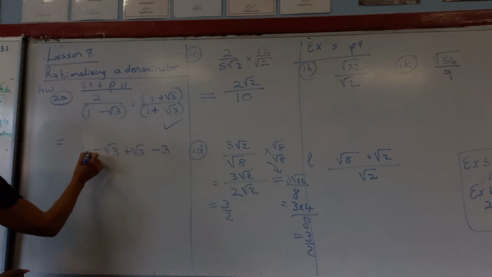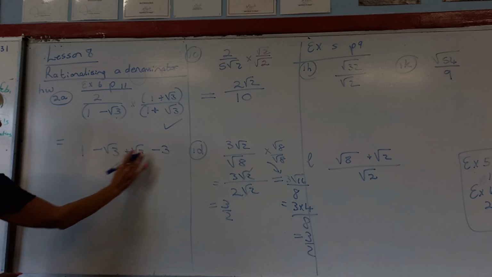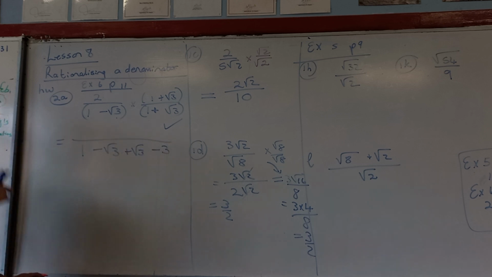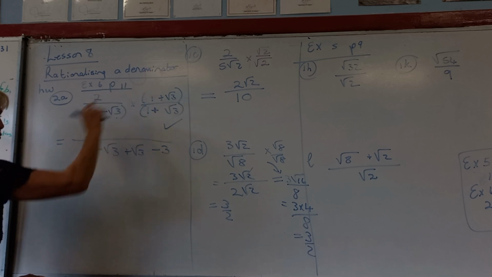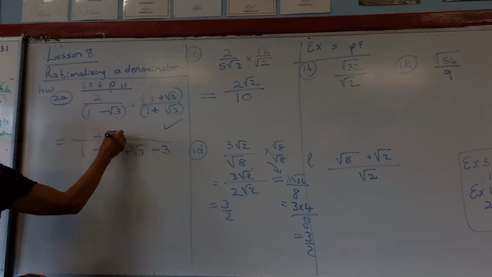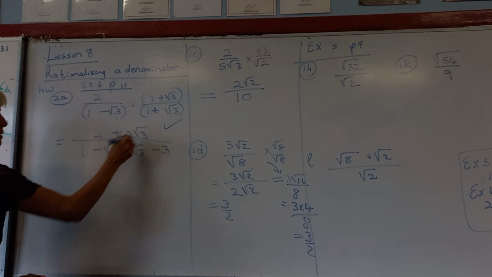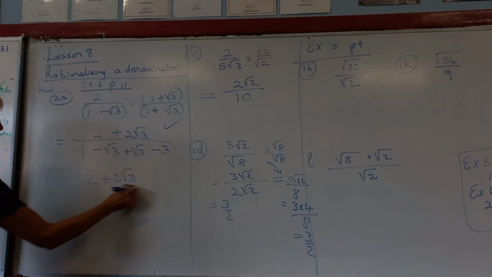And I'm happy because, well, I don't have to show that. It's just going to be 1 minus 3. Mission accomplished. No more root in the bottom. But the top is a 1 term times a 2 term, so it's distributive law. So it's 2, and 2 times plus root 3 is 2 root 3. So my total answer is over